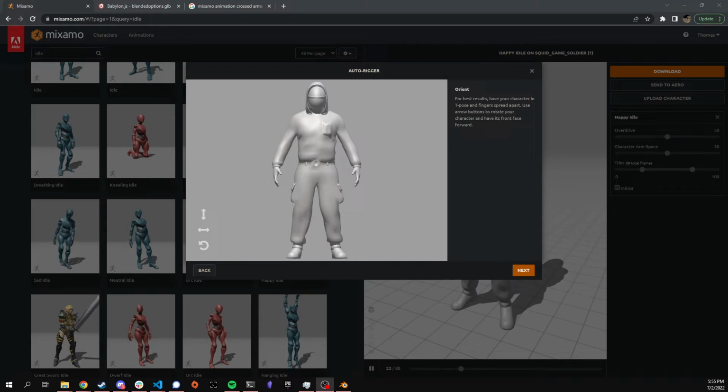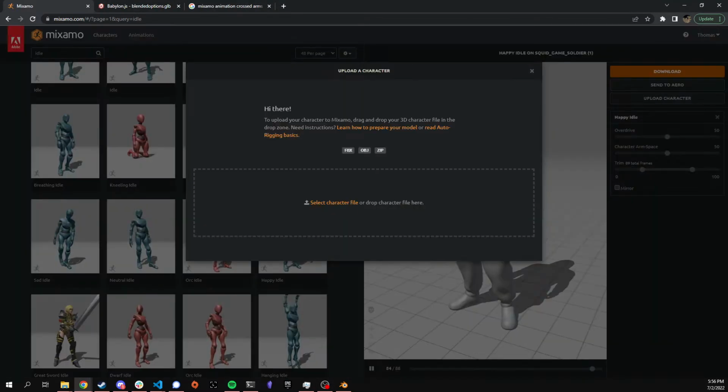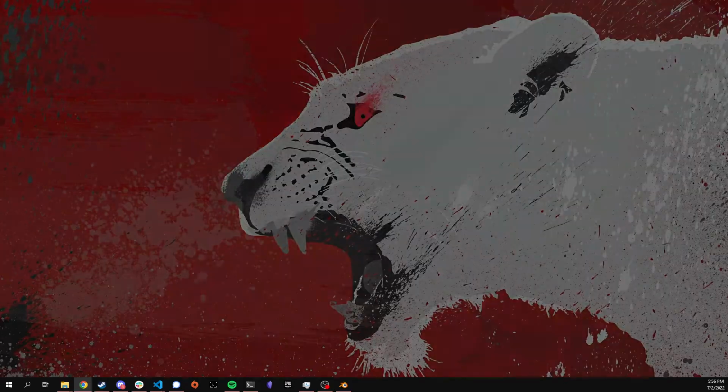This is going to have some very counterintuitive steps that don't really make sense, so pay attention. But if you already know how to do certain things, then feel free to skip around, and there will be parts where things are just loading, so feel free to skip through those. But without further ado, first thing you need to do is click Upload Character, and then this will not work